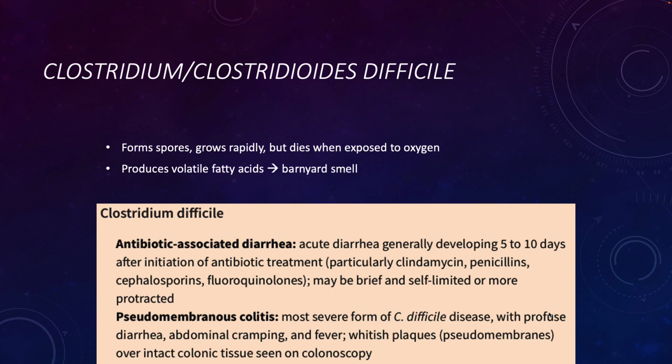One thing I do want to mention very briefly is there has been kind of a change in the taxonomy. The genus is, if you say Clostridium, people will know what you mean. Sometimes people call it Clostridioides for this particular species. So either way, I'll accept it and people will know what you're talking about. But it's Clostridioides difficile, or C. diff. This is a spore-forming microorganism.